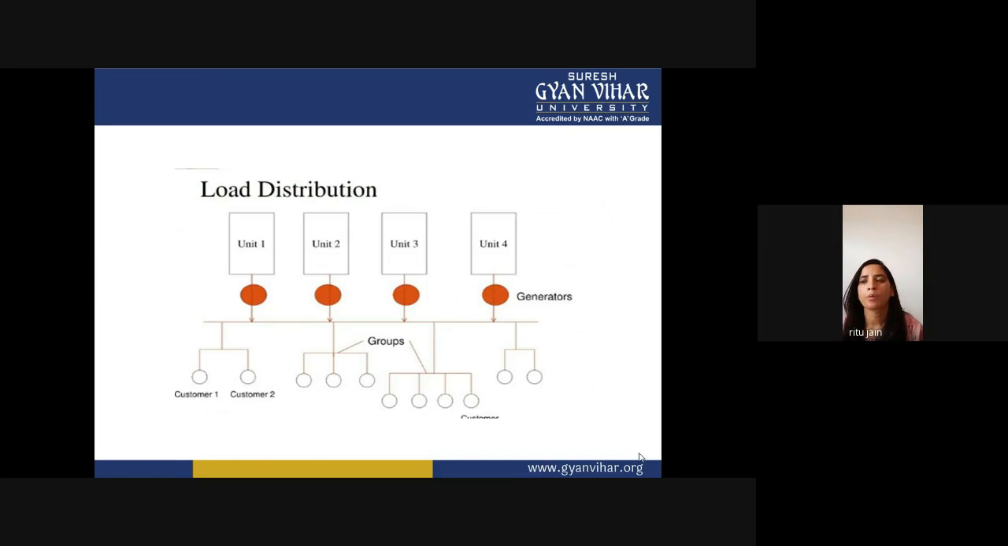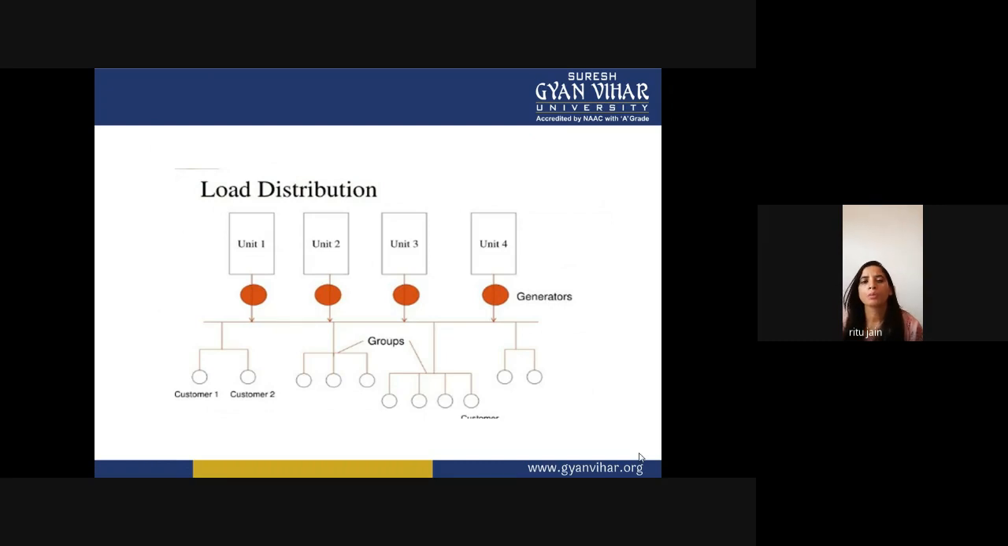Now, this is a very important diagram. You can see that there are four units. Every power plant has three, four, five units, according to the requirement or the load demand. Each unit has its own generator. Suppose in this diagram you can see that there are four units and four generators and different types of